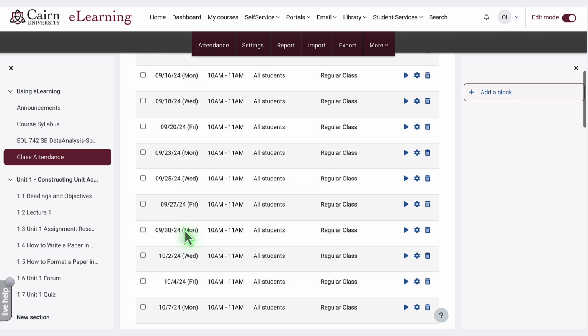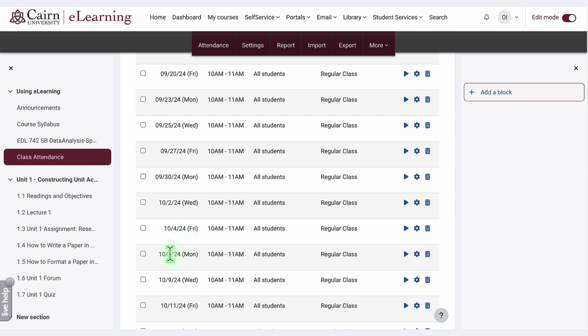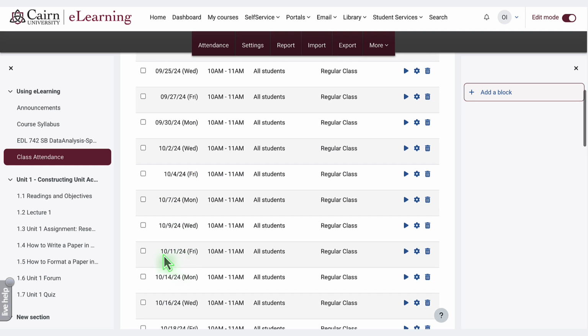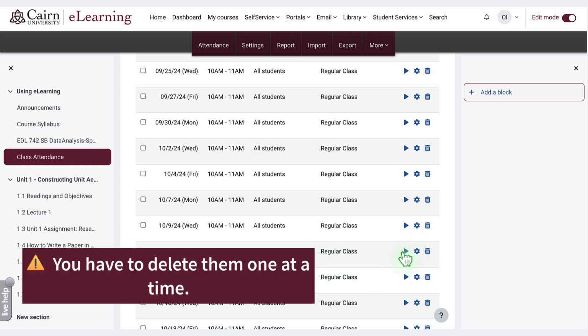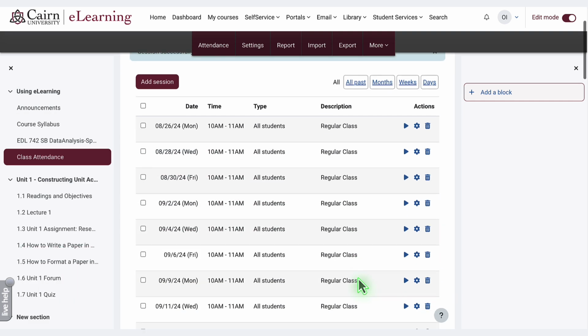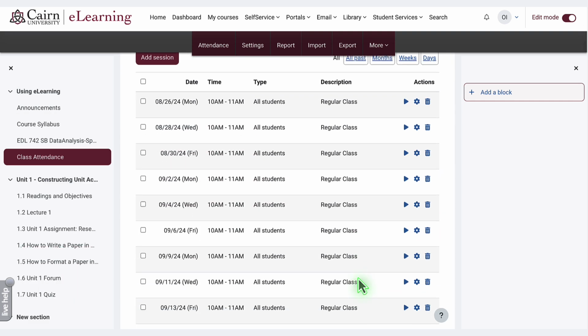Now let's say that sometime in October there's going to be the fall break. Let's say from 10-11 here, 10-14. In these cases we can delete those two instances, and then we are set for the whole duration of the